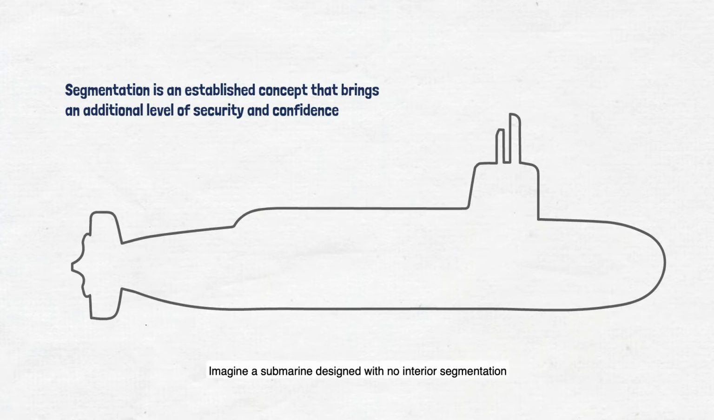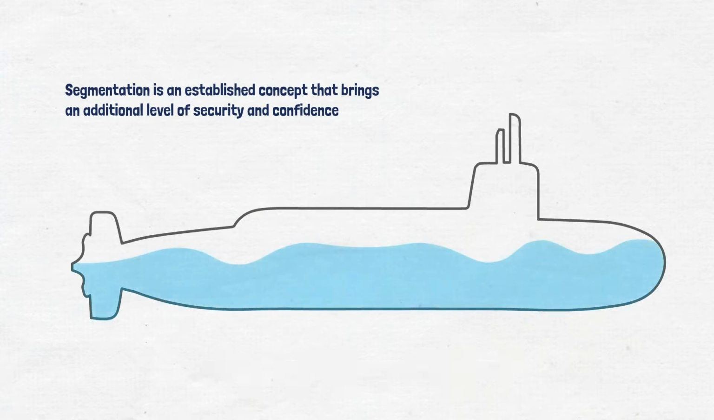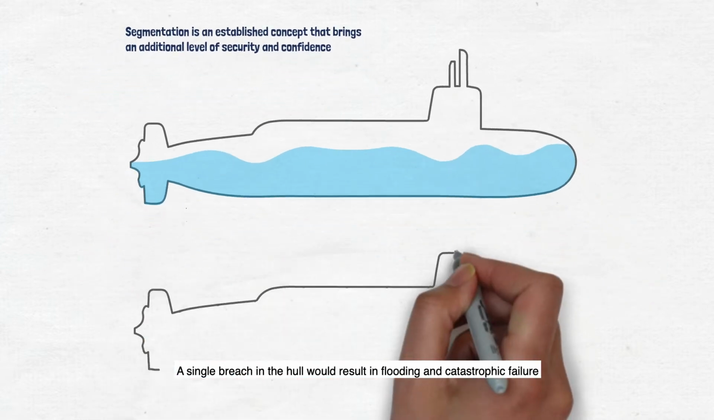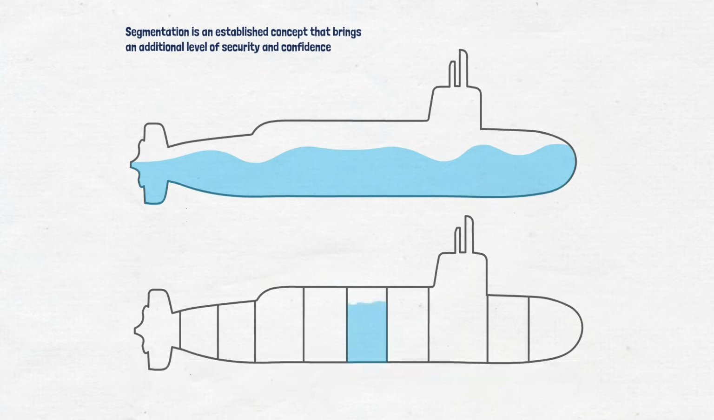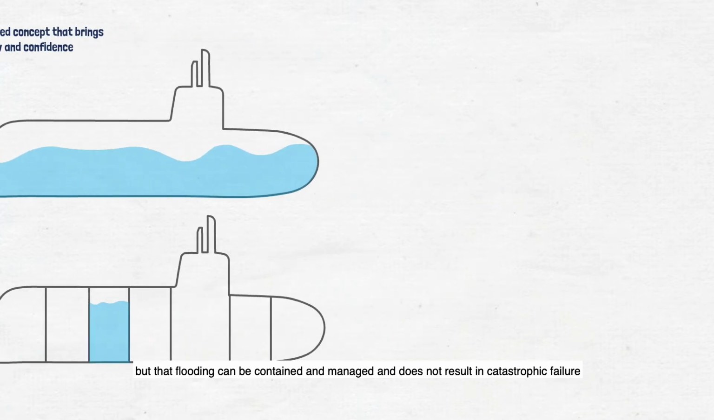Imagine a submarine designed with no interior segmentation. A single breach in the hull would result in flooding and catastrophic failure. Now, look what happens when watertight bulkheads are introduced throughout the vessel. A breach in the hull will result in flooding, but that flooding can be contained and managed and does not